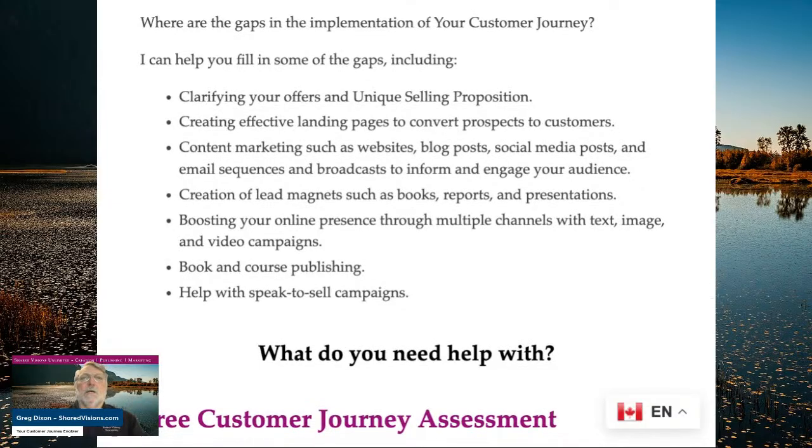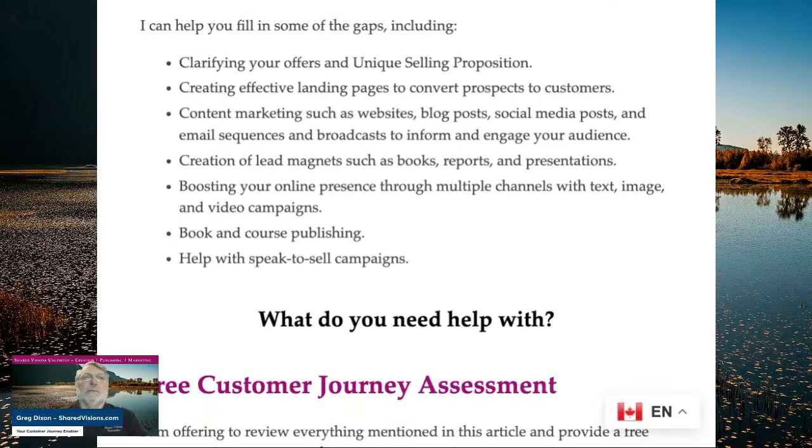So basically, helping you to really get clarity on what you're offering and how to write that up and present that in a way that's compelling. And then that would inform your landing pages that convert people to customers, or at least get them onto your mailing list. And then a big thing that we've been promoting for a long time is your content marketing, your online presence. Like, when people are searching for information about what you offer,